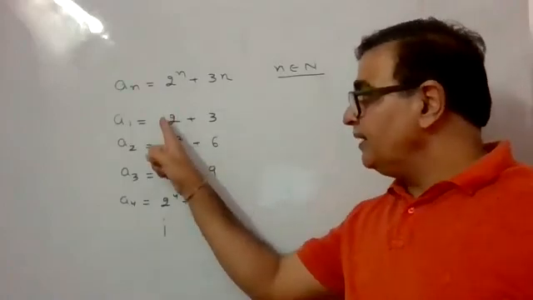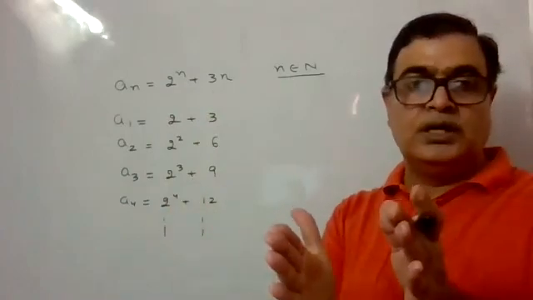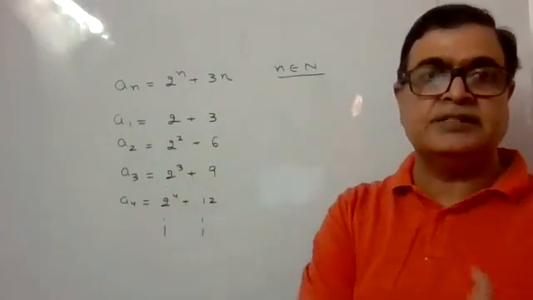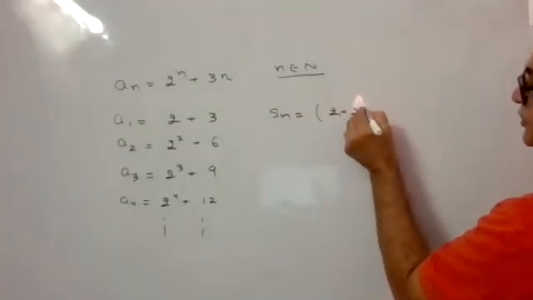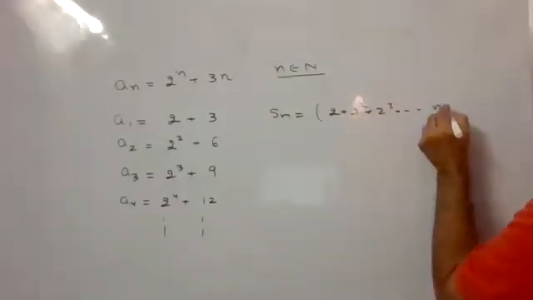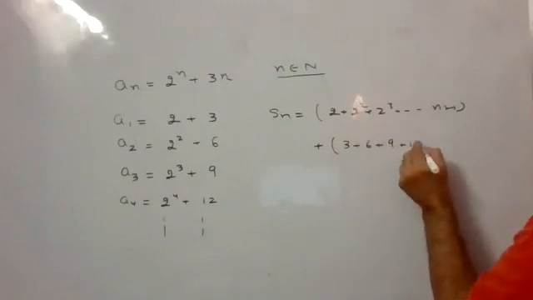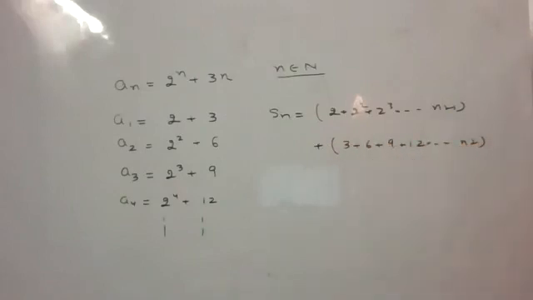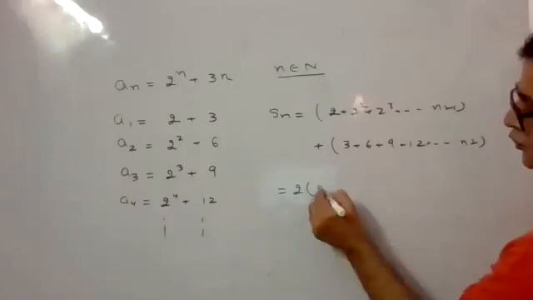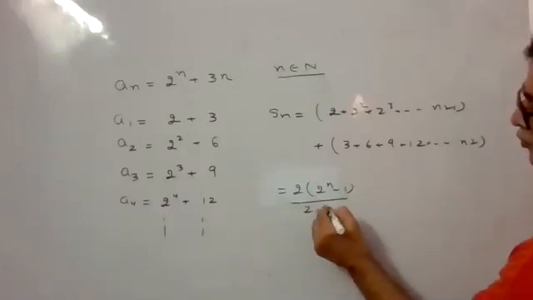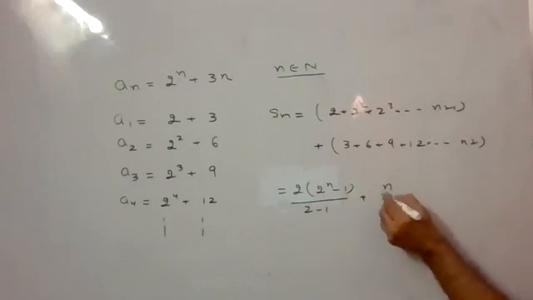Now two series are visible: 2, 2 square, 2 cube, 2 power 4, and another is 3, 6, 9, 12. So two series are there, one is a GP, another is an AP. When you want the sum of n terms, we will write this as 2 plus 2 square plus 2 cube till n terms, and another will be 3 plus 6 plus 9 plus 12 till n terms. This is our GP, so the n terms formula says 2 into 2 power n minus 1 by 2 minus 1. This is an AP, so it will be n by 2